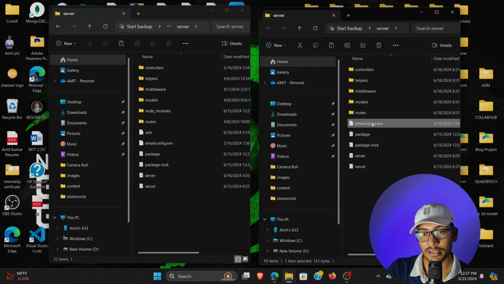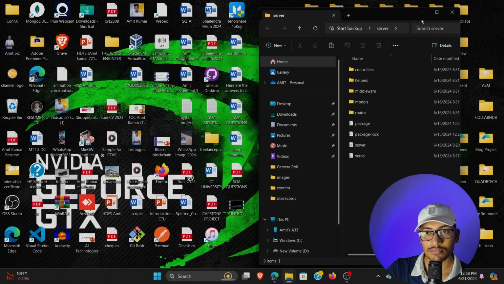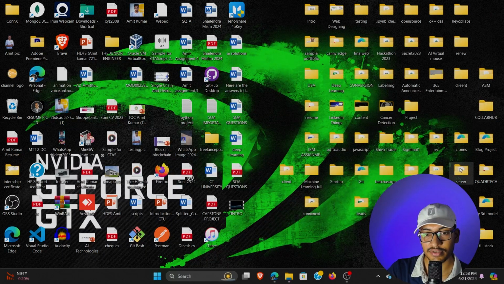But I copied the email config.env here. There is no requirement to upload that on GitHub. I already told you that it contains precious data of your project, so simply delete it from there. Cut it. There is our server.